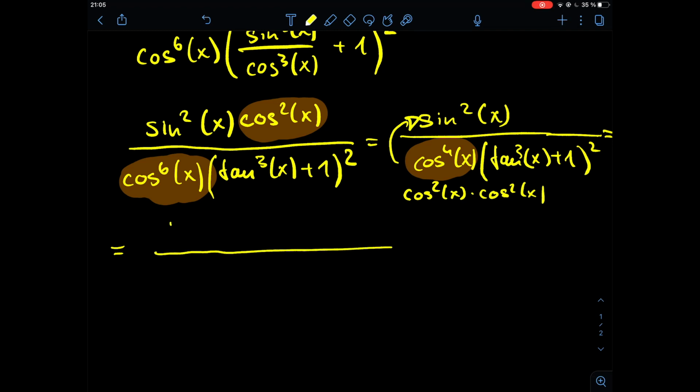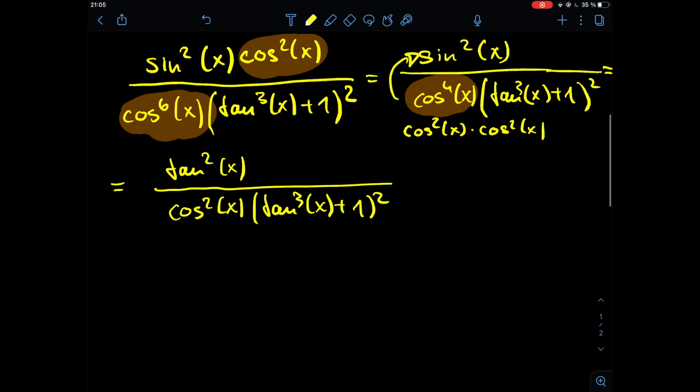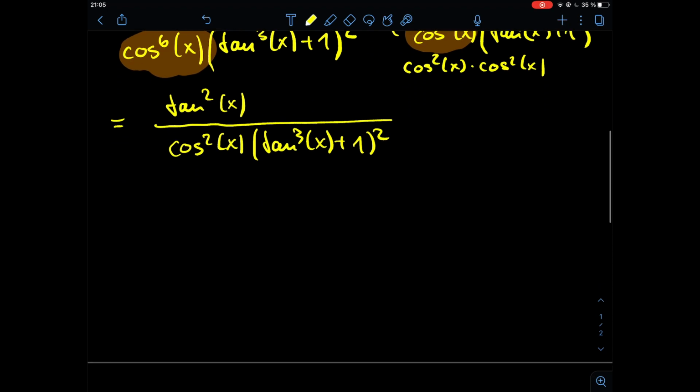So it will be tangent squared of x divided by cosine squared of x times the quantity tangent cubed of x plus 1, and the whole thing squared. Now we have everything that we need to substitute, and the best thing to substitute would be the